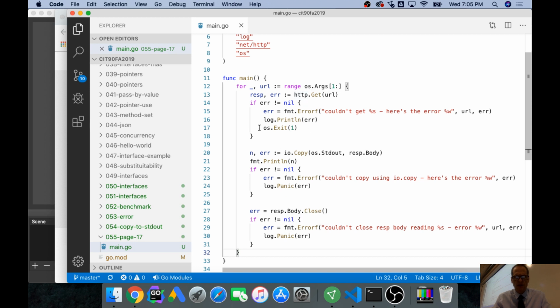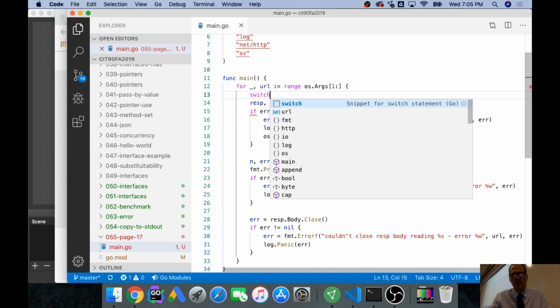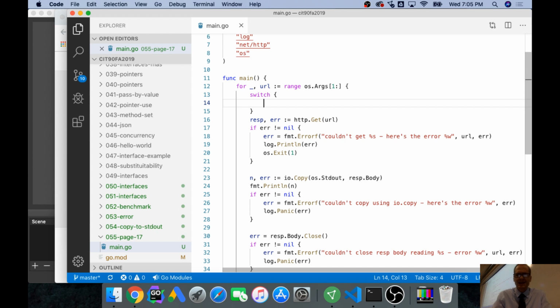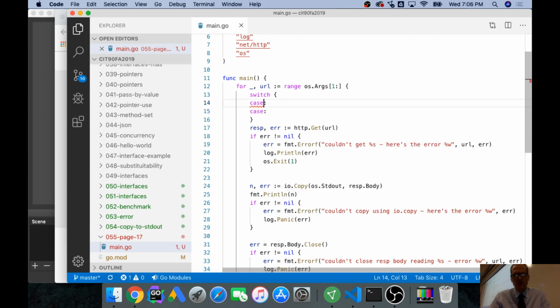And so what I want to do is I get my URL here, and I want to see if it has the prefix HTTP. So I'm going to do a switch statement. There's switch and there's select, and the select is for when you're selecting a channel. I'm going to have some cases, and then there'll be some code that runs on each of those cases. And one case will be,